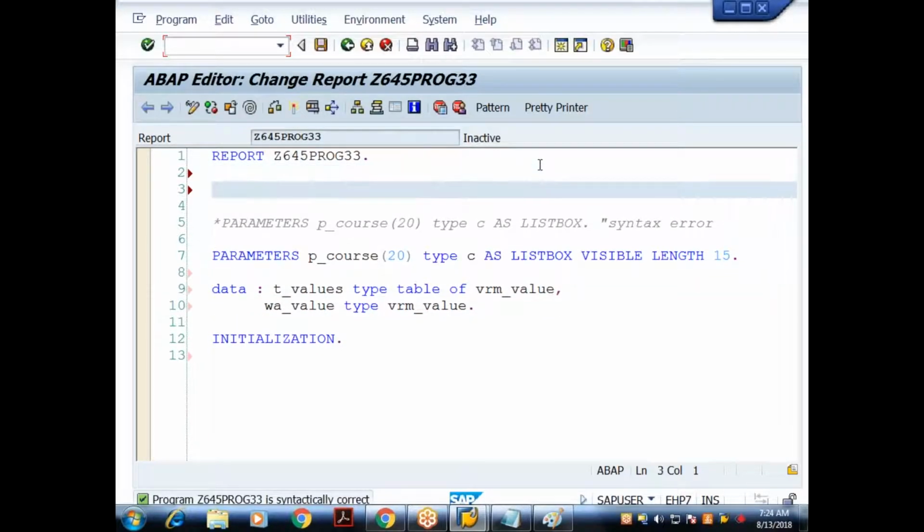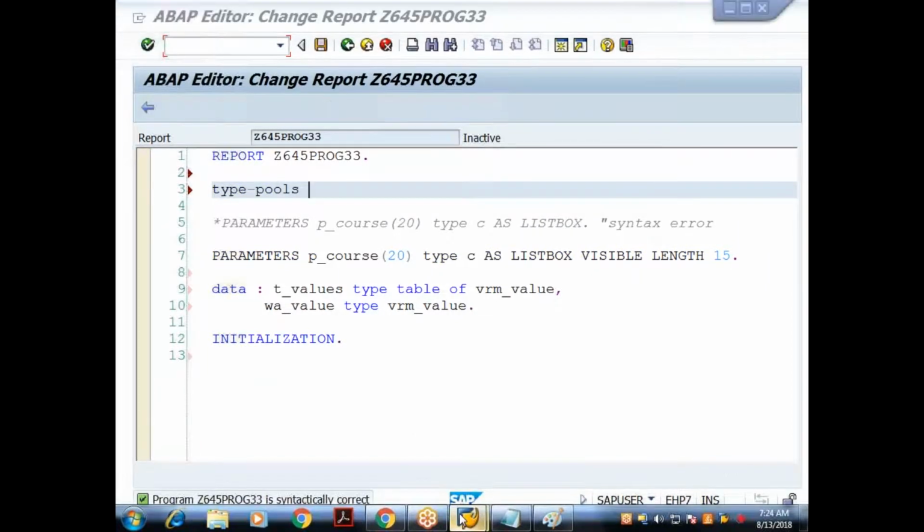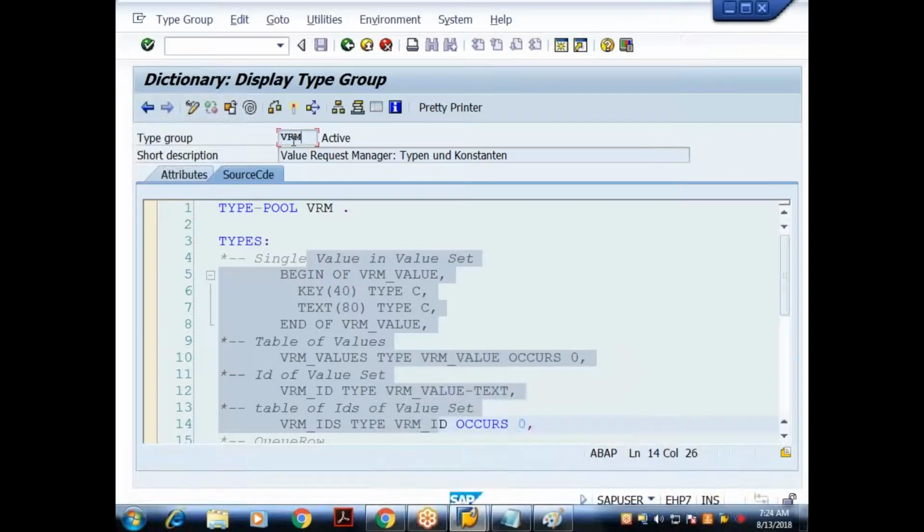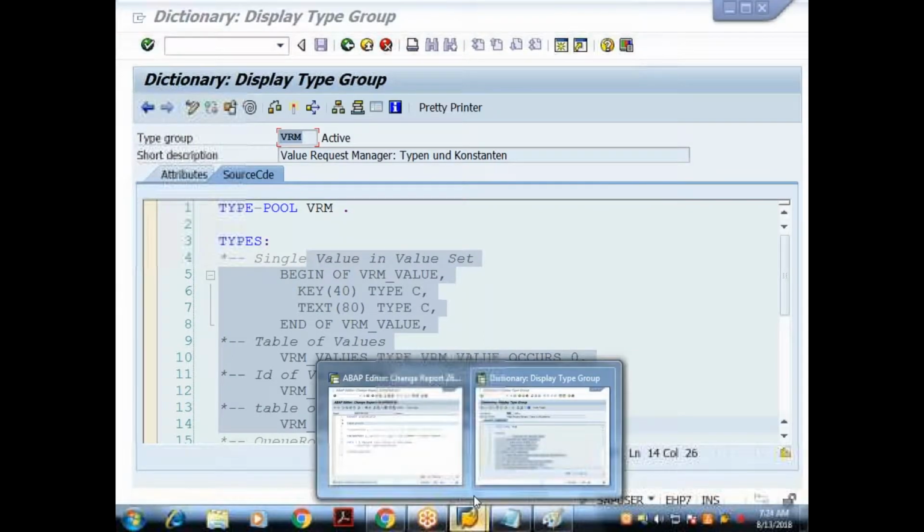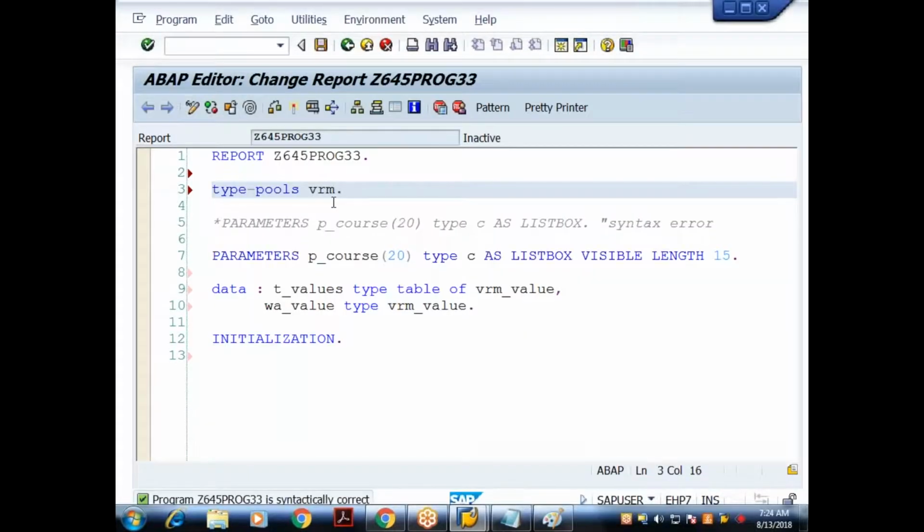If you get that error, you have to declare the type group. How do you declare it? You use the keyword TYPE-POOLS. VRM is the type group this component belongs to, so just say TYPE-POOLS VRM. Here, even if I don't declare it, it works fine. It is required in 6.0 and earlier versions.